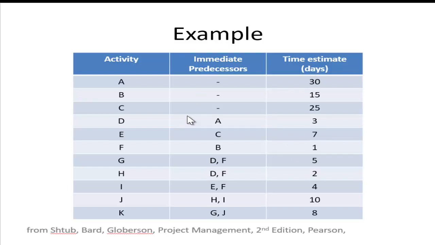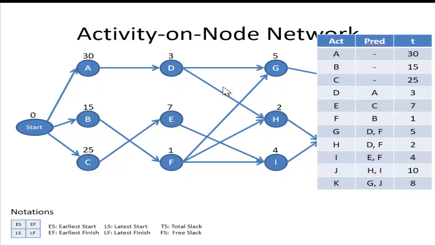The first thing we'll do if we get an example problem in our exam is to draw the network diagram. Okay, so this is the network diagram, this is a simple one. If you look here, we've got A, B, and C. They have no predecessors. So when the activities have no predecessors, we can start them simultaneously. They can start from the beginning, that is the start node, which is 0. Then we have A, B, and C starting from the start,